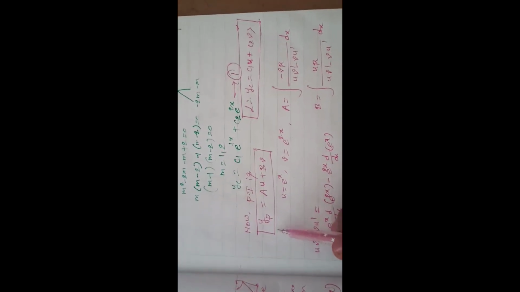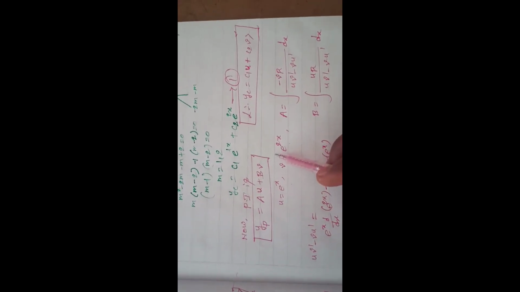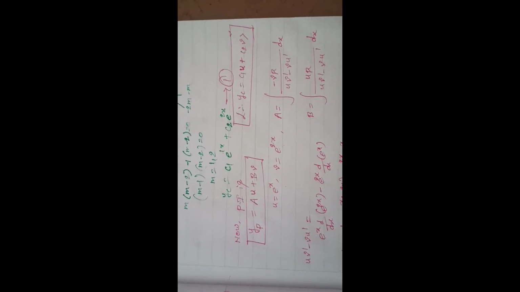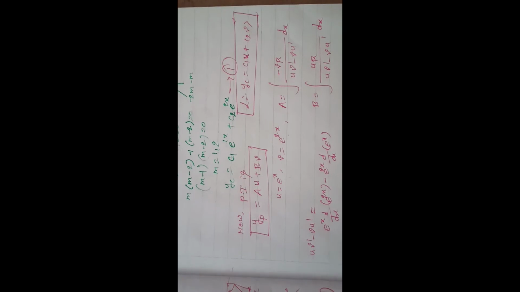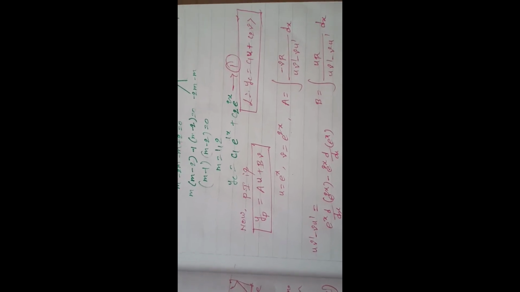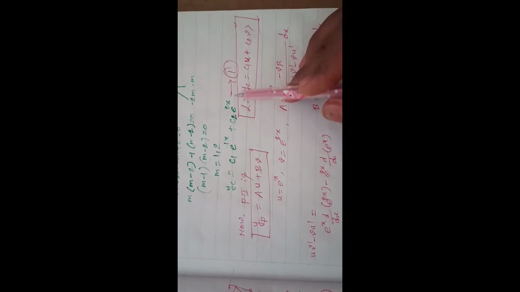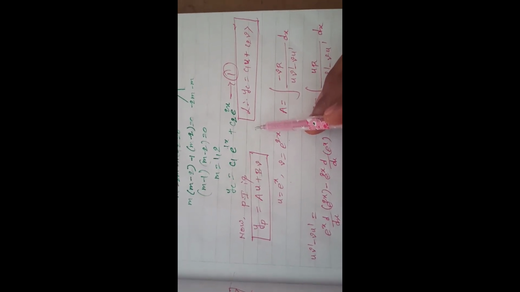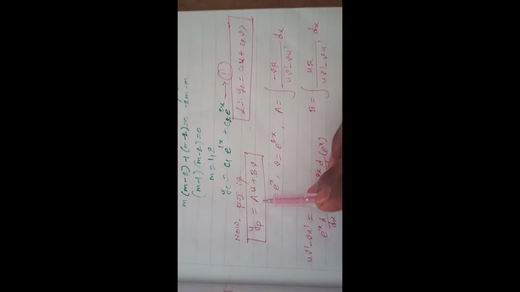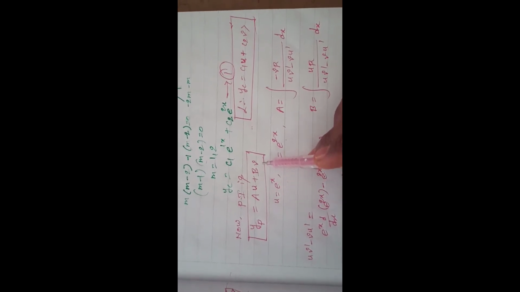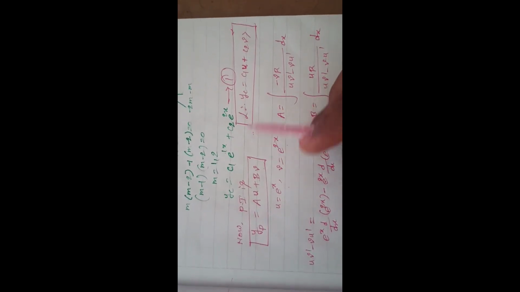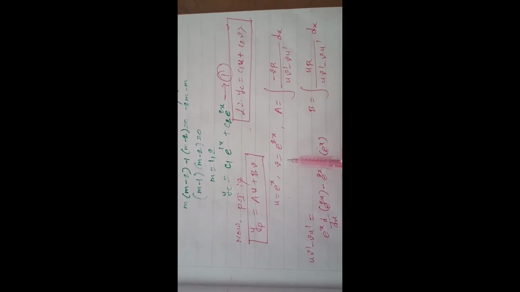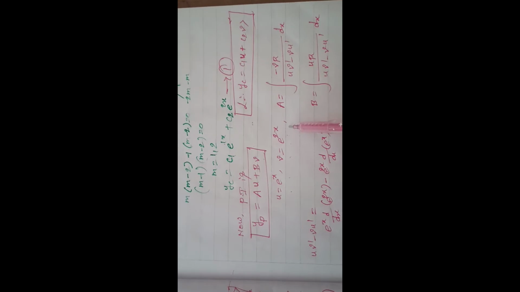Here you have to find the particular integral solution. When we get the general solution, y = yc + yp. That means we have to add the complementary solution and the particular integral solution. Now we have found the complementary solution, and now we are going to find the particular integral solution, which is yp = A u + B v. By comparing, we find u is e^x and v is e^(2x).